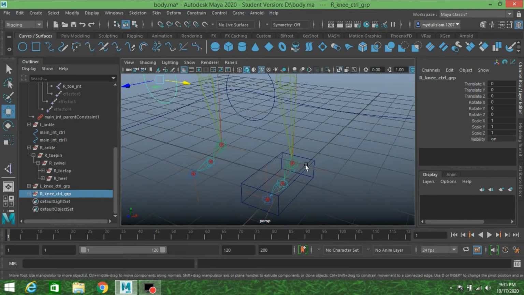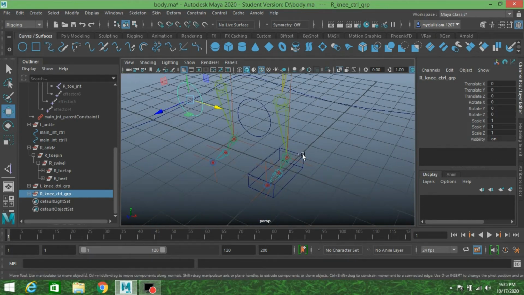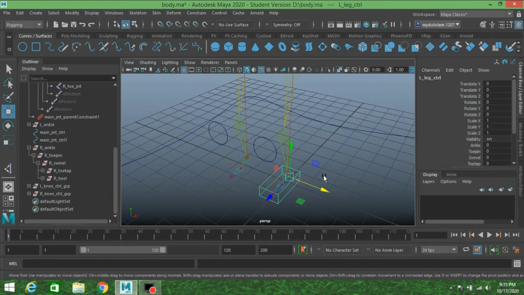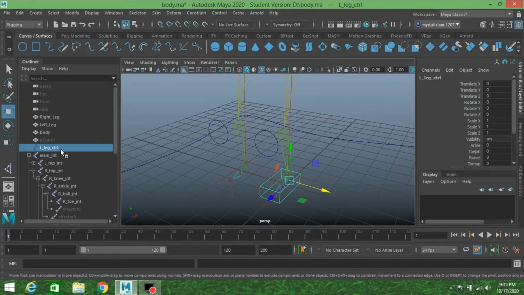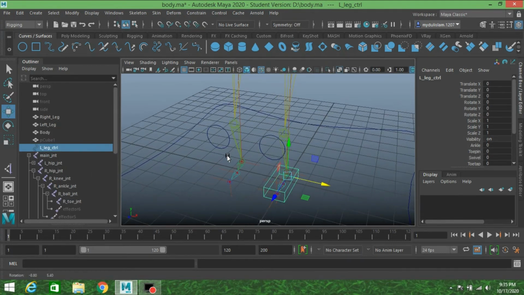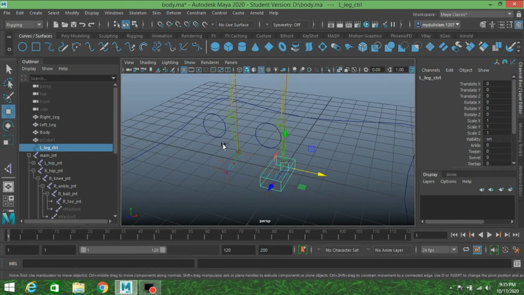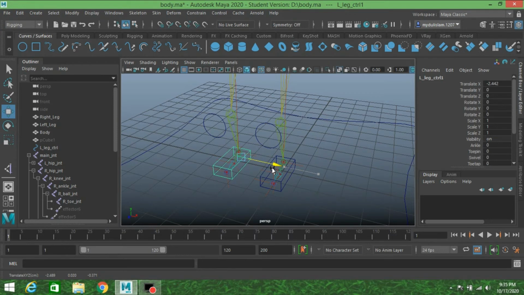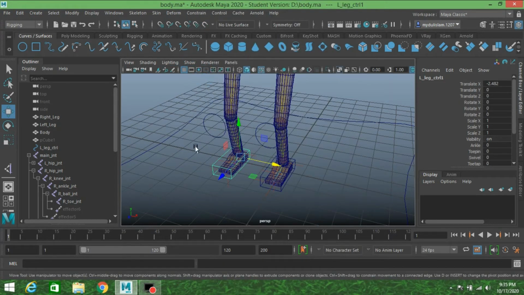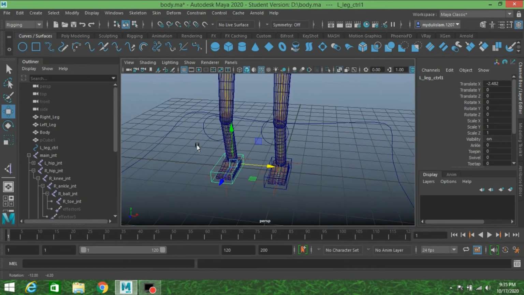Now select this left leg controller, press Ctrl plus D to duplicate it and move it to the right leg. Unhide your model.